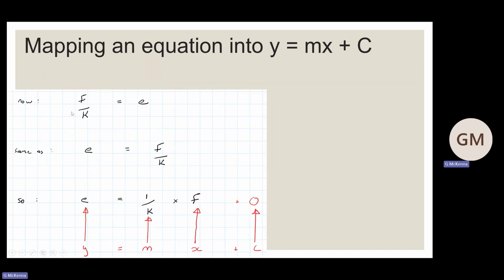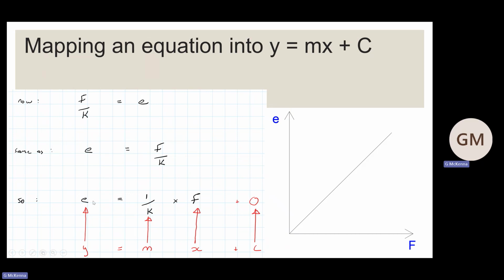Following on from that then, so f over k is equal to E. E is equal to f divided by k. That's just really swinging that around, putting E on the left-hand side and f over k on the right-hand side. Now we need to appreciate that f divided by k is the exact same as 1 over k multiplied by f. In that case then, on the y-axis, we've got E for extension, and on the x-axis, we've got F